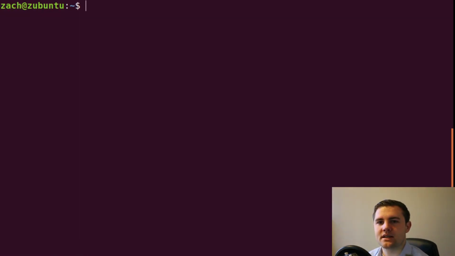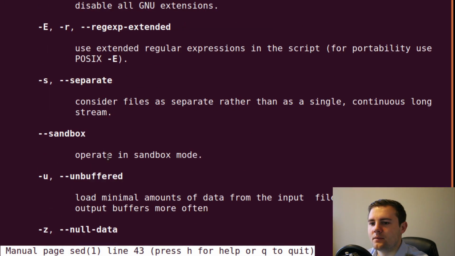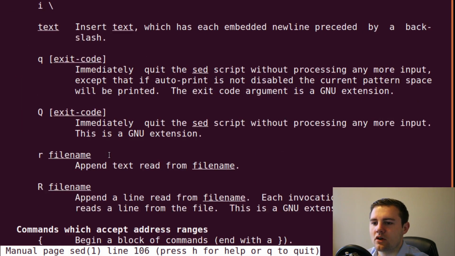That was a basic example of how we might use sed. And to be honest, it's probably maybe the only use case that you will ever use it for. But it also has plenty of different commands that you can use. You can just look through the documentation. Go to the bottom